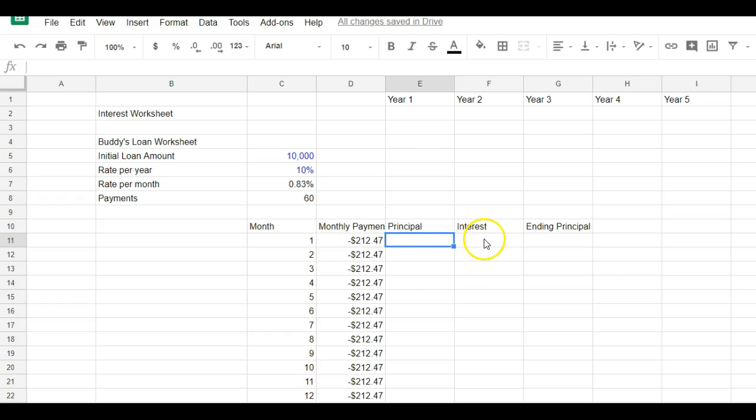Now, to calculate the principal, interestingly enough, the principal is a function of the monthly payment minus the interest amount. And now you can figure out the interest pretty easily. The interest is,